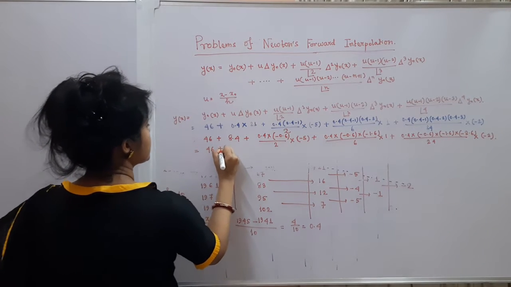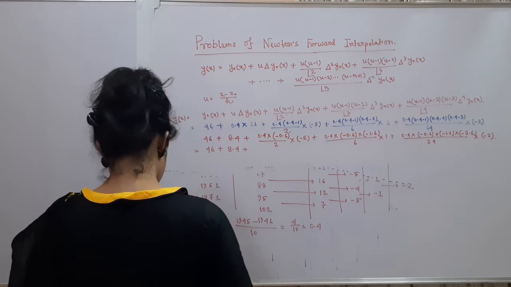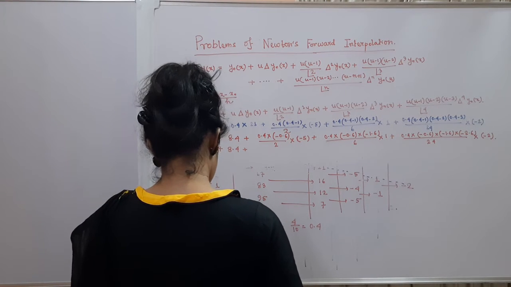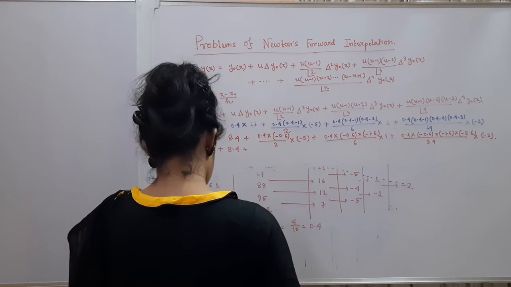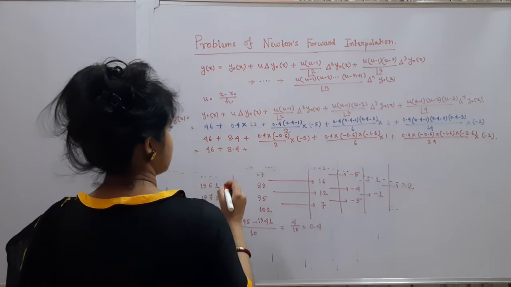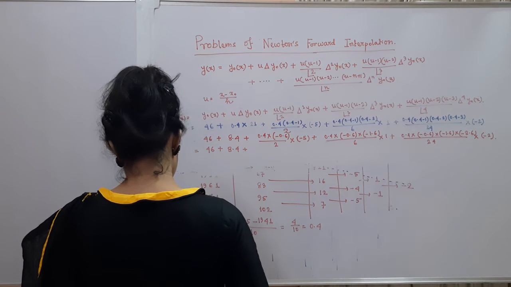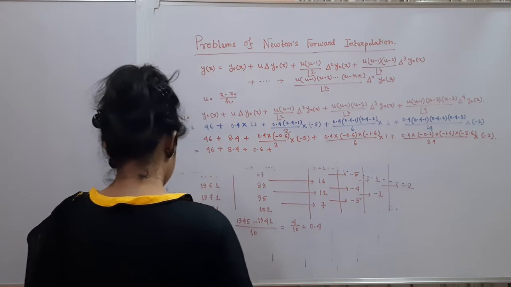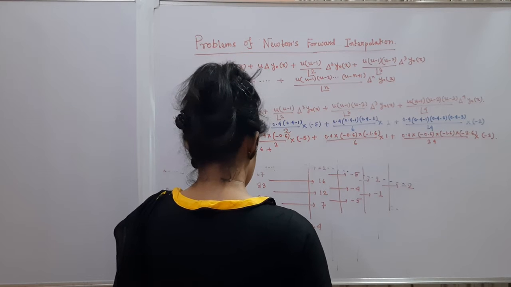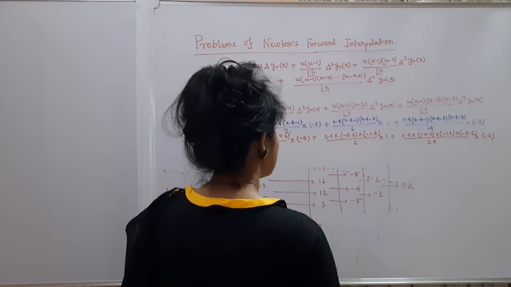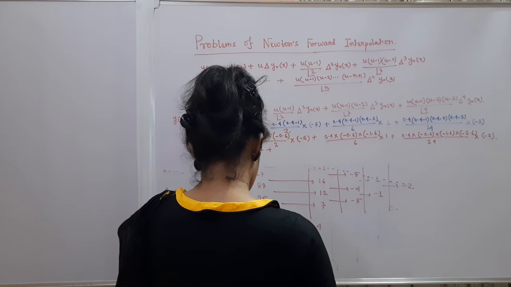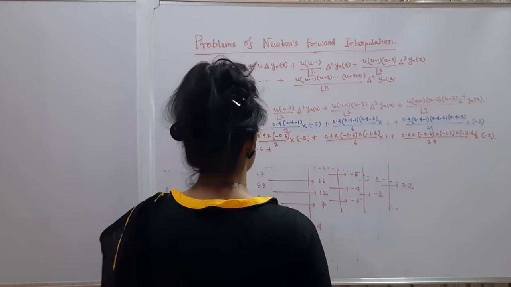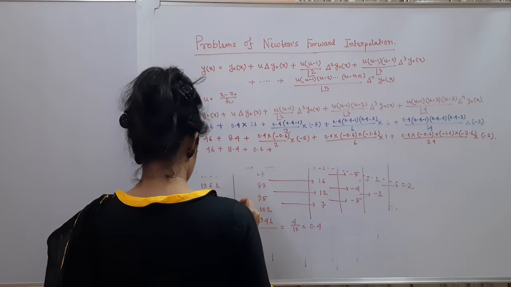So this is 46 plus 8.4 plus, on this side, 0.4 into 0.6 into 5 divided by 2, that is 3 by 5. 3 by 5 means 0.6, plus on this side 0.4 into 0.6 into 1.6 divided by 6, so that is 8 by 125. So 8 by 125 means,